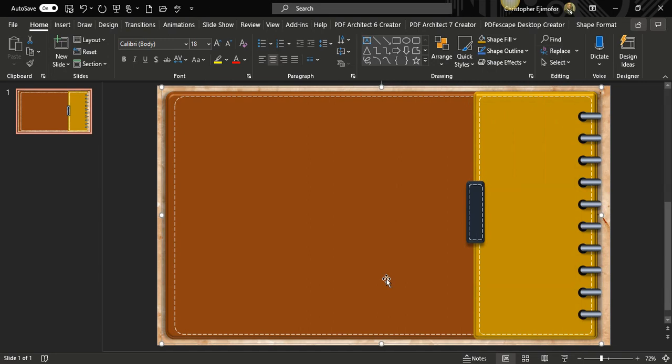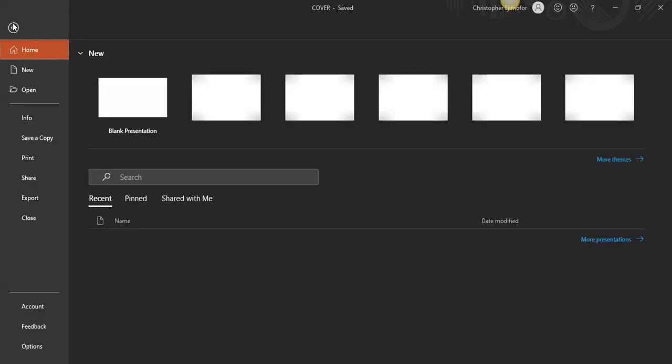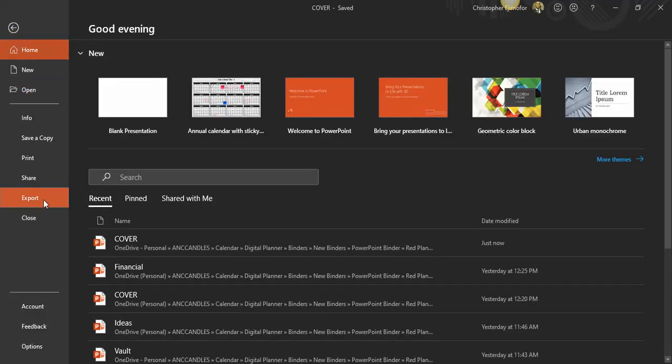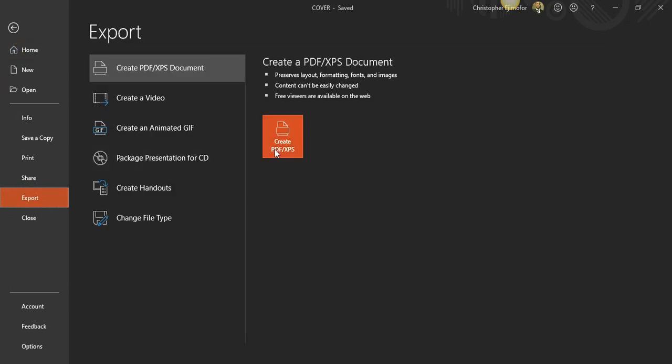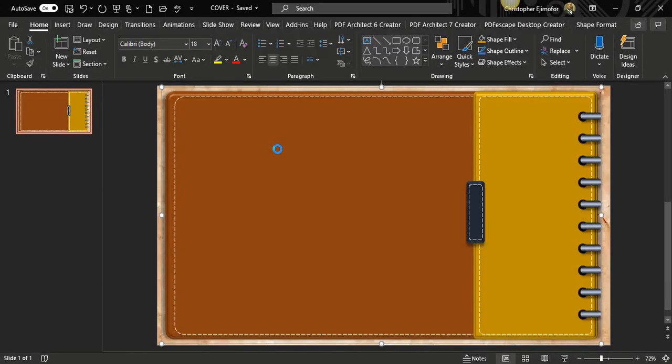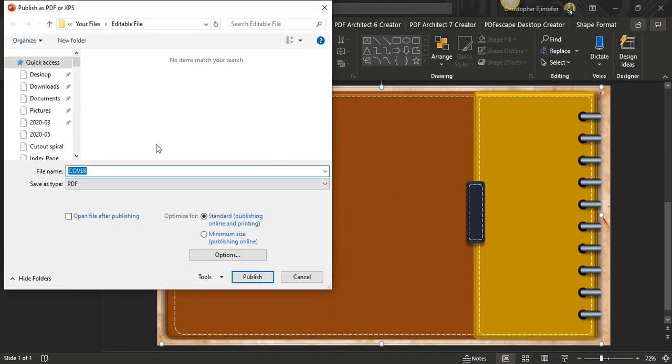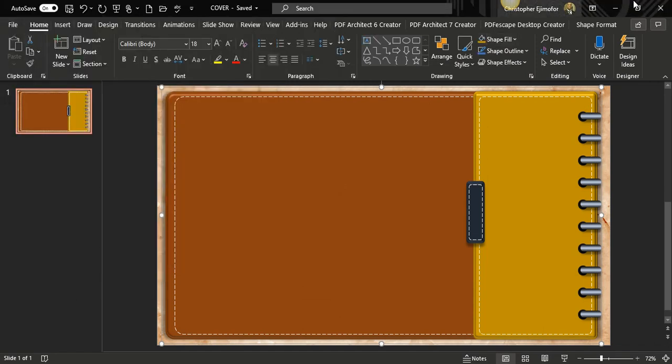Okay, and when you're done, you can just go to File, go to Export, go to Create PDF, click on that, and now you can save it wherever you want to save it as your PDF. Then you can import them into your OneNote. Okay, all right, I'm not going to save that, so you can cancel this, you can close that